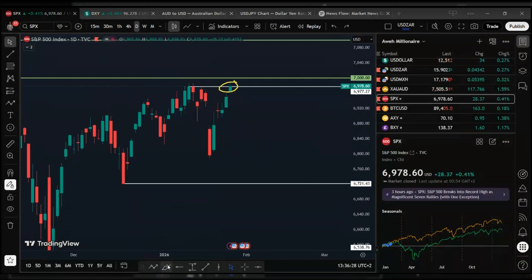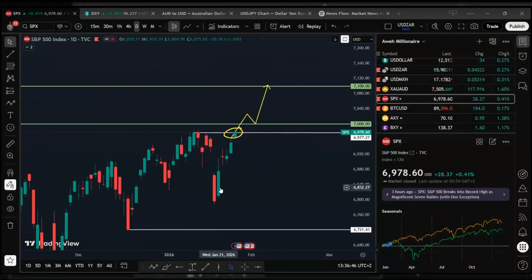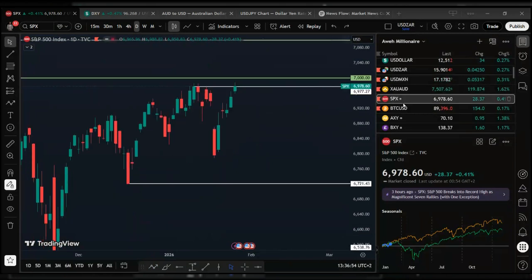However, if price manages to break above this major resistance, we still see price facing another resistance, which is a psychological level here at the 7,000 level of psychological resistance. But a break above the psychological resistance of 7,000 then opens up for price to continue this upward momentum to test the next resistance, which is a psychological level at 7,100 on S&P 500. And then